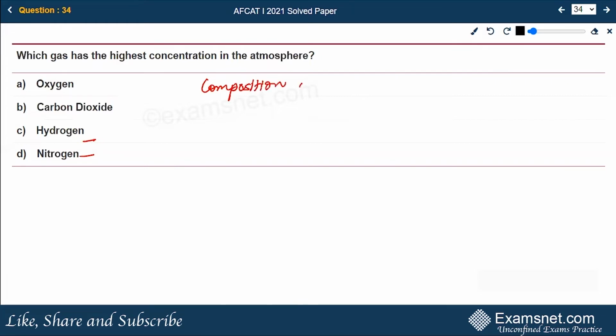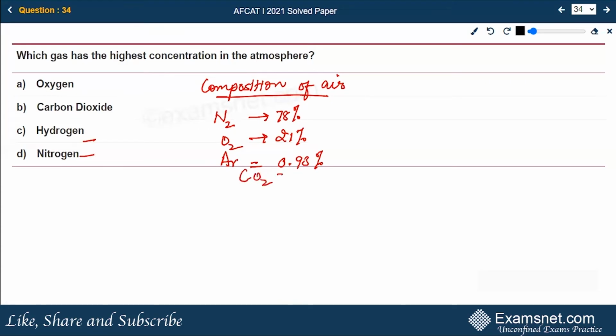Composition of air: nitrogen is 78% in the atmosphere. Oxygen is 21%. Argon is 0.93%. And carbon dioxide is 0.0325%. And there are traces of